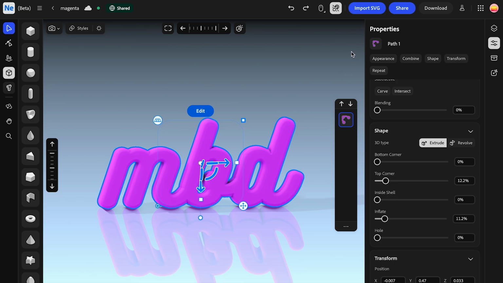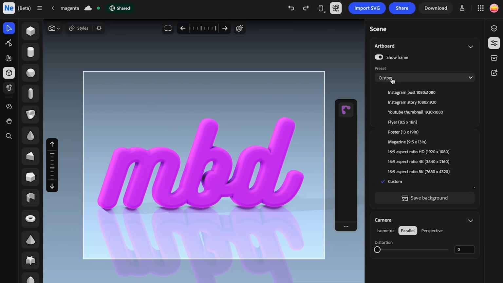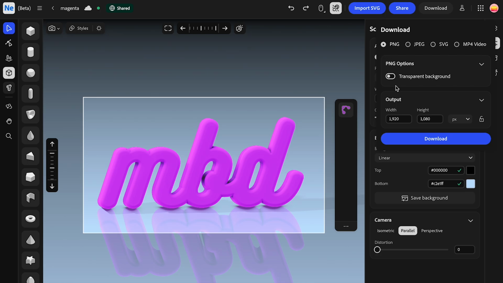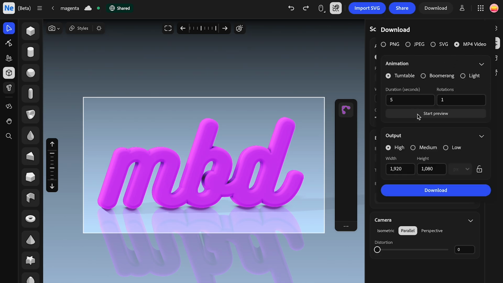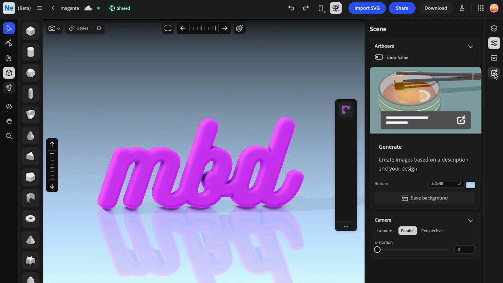Now that you have your logo the way you want it, it's time to export. Click on the background and you'll find the artboard options, and you want to hit show frame, and you can select from any of these presets in the drop down menu. Now for downloading, for PNG you can choose a transparent background, and for MP4 video you can choose from one of these preset animations. So now we're going to go into Adobe Generate and we're going to take our 3D